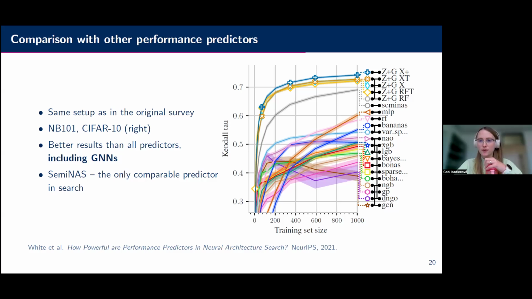Fitting a random forest on zero-cost proxy scores and GRAF is really fast, while training a semi-supervised model on the whole search space, or on a sample of the search space, still takes quite a lot of time, and it reaches the GRAF performance just at the very end, and it's still a bit worse.